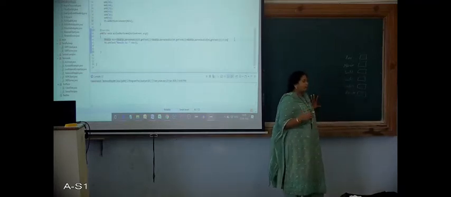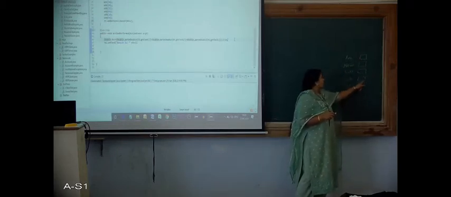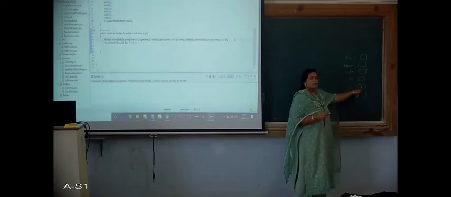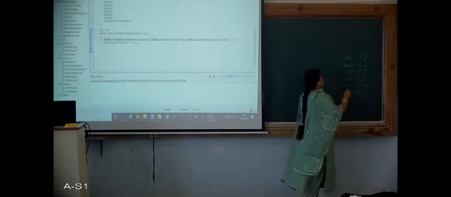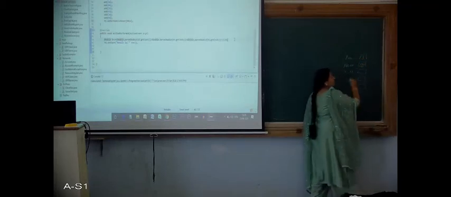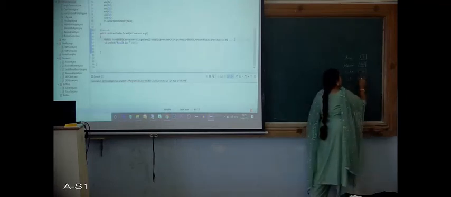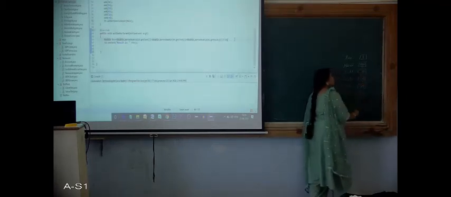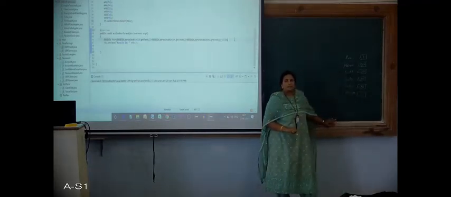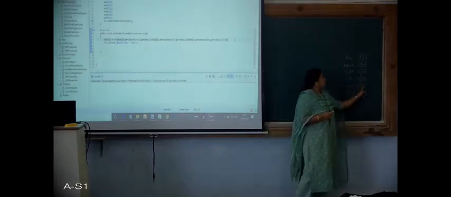What is the action to be performed whenever the user enters all this data and has come to this point? We need to add the data entered here. Suppose the user has entered roll number 1, the name is XYZ, and the marks scored in 3 subjects are 70, 70, 70. So what action should be performed? These 3 things are to be added.